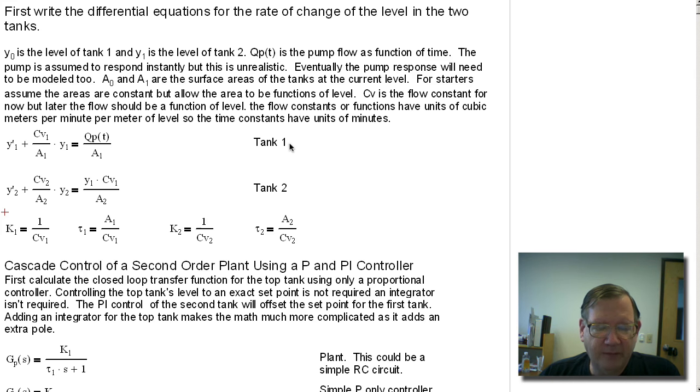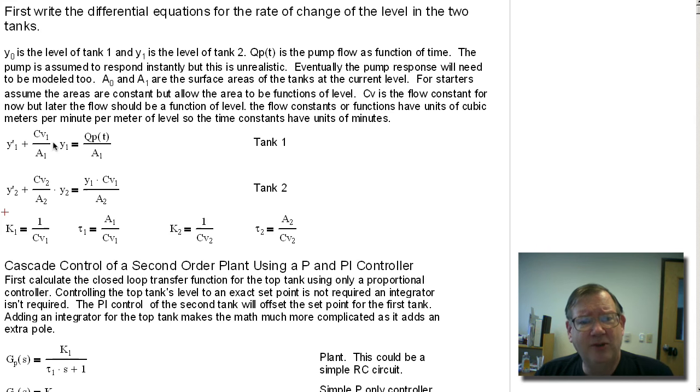The top tank, tank 1, flows into tank 2, and y is the water level, and Qp(t) is the pump flow as a function of time. If you take the pump flow and divide it by the surface area of the tank, that will cause the level of the tank to go up or down. And then also the water in the tank is going to flow out,